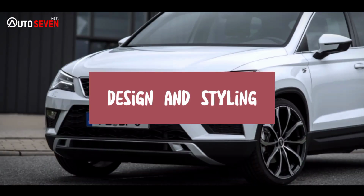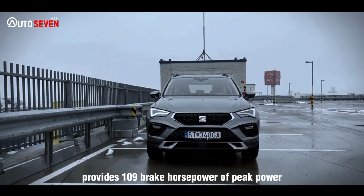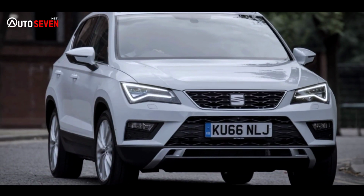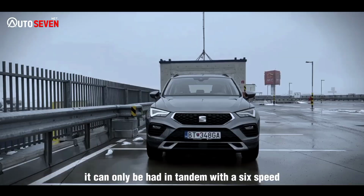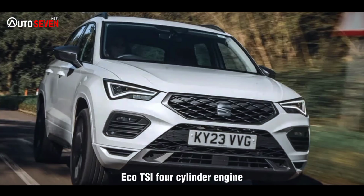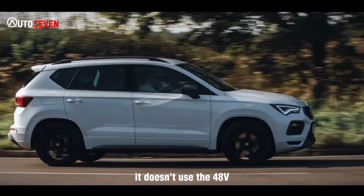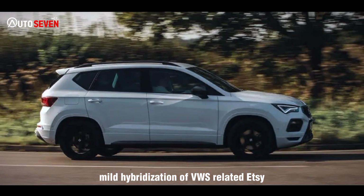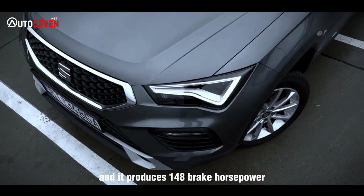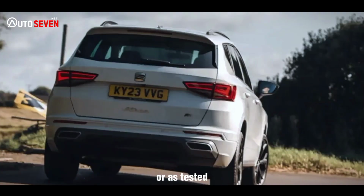Design and styling. A 1.0-liter turbocharged, 3-cylinder petrol provides 109 brake horsepower of peak power, as well as sub-£30,000 affordability. It can only be had in tandem with a 6-speed manual gearbox. Above that sits the 1.5-liter Eco TSI 4-cylinder engine, that used to be called the 1.5 TSI Evo. It doesn't use the 48V mild hybridization of VW's related eTSI, but it does have active cylinder shutdown technology, and it produces 148 brake horsepower and 184 pounds-ft of torque, channeled through a choice of 6-speed manual, or, as tested,